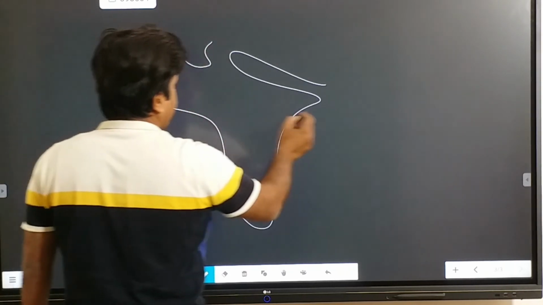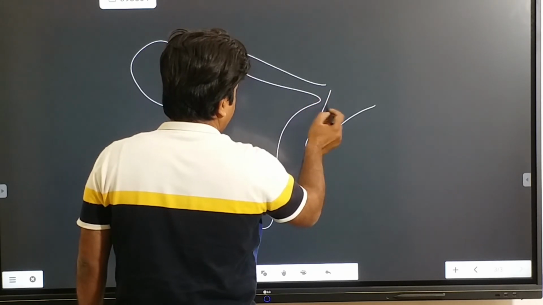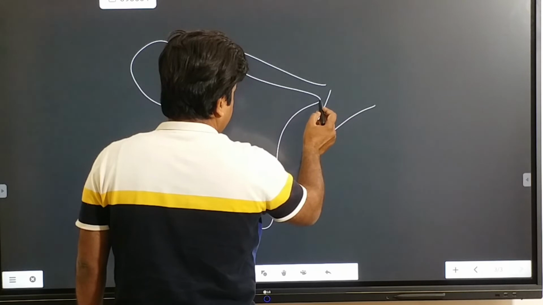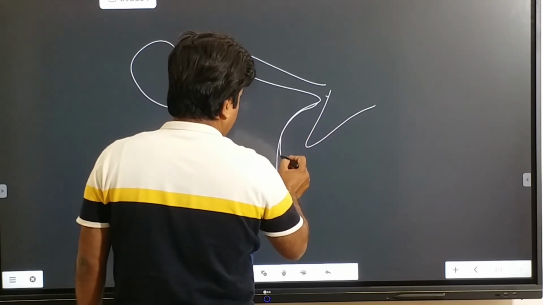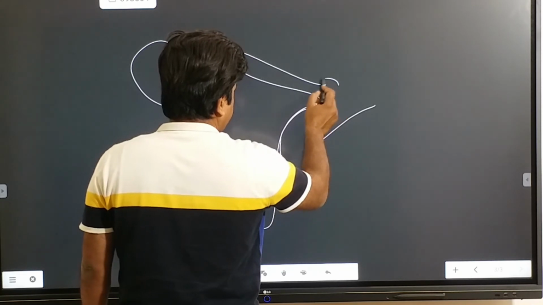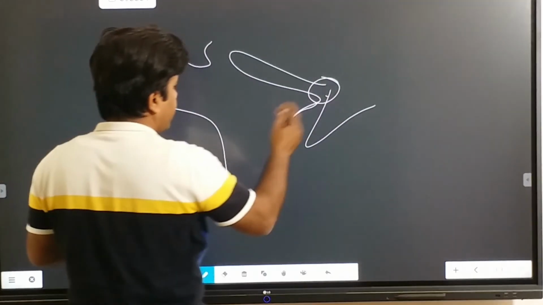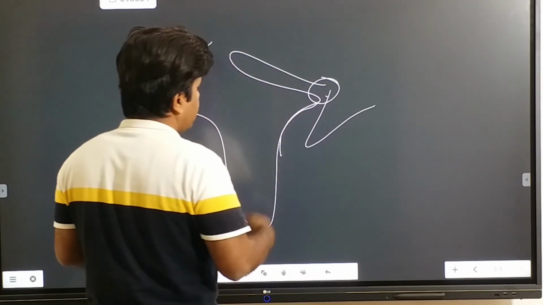So this is India. Earlier India was joined together with Africa, but here because of the divergence,